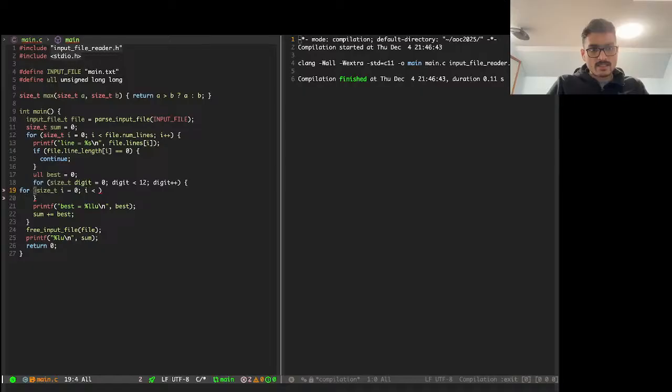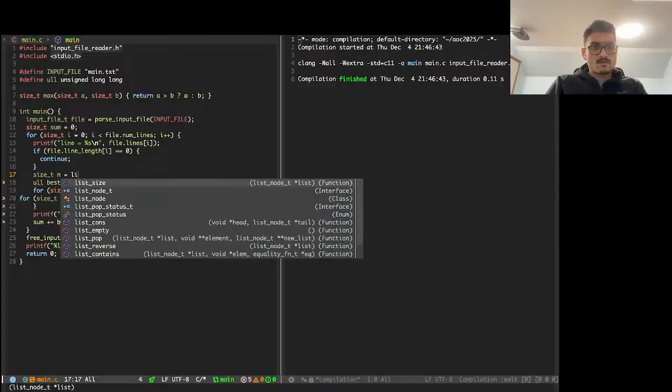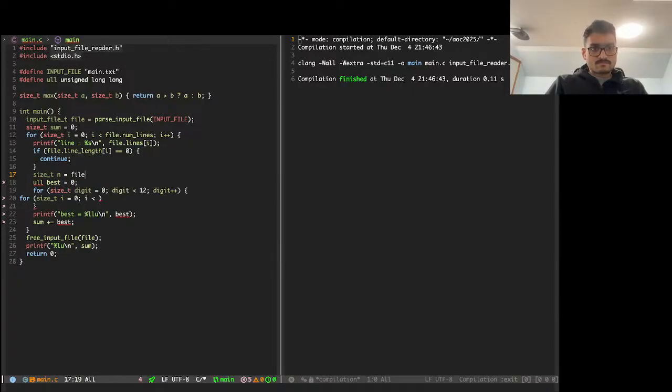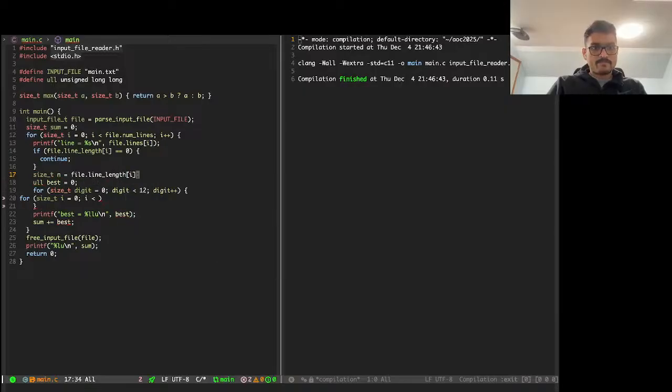N is the line length, right? Line length of I. K is 12. So I is less than